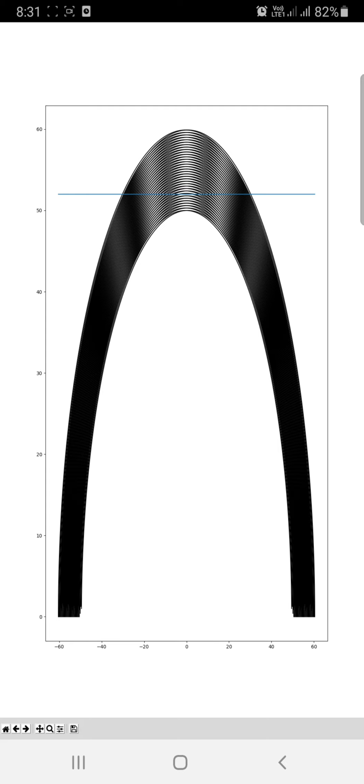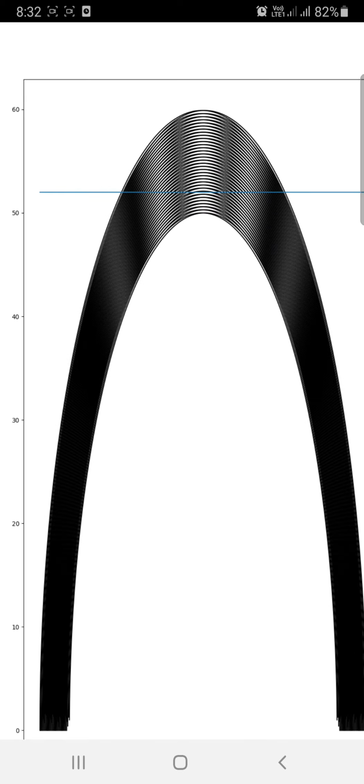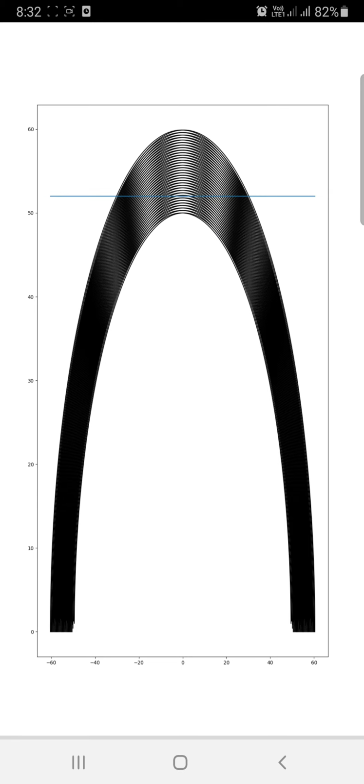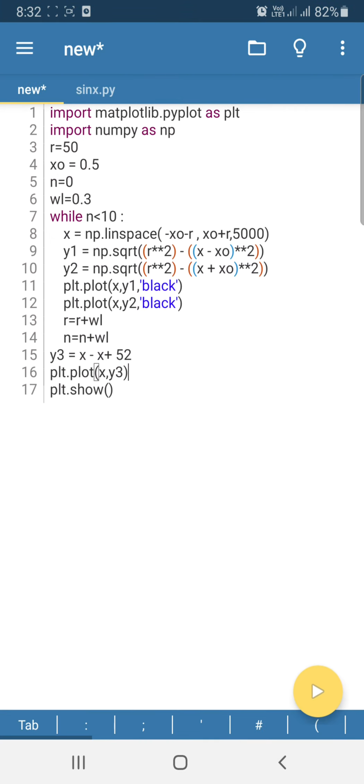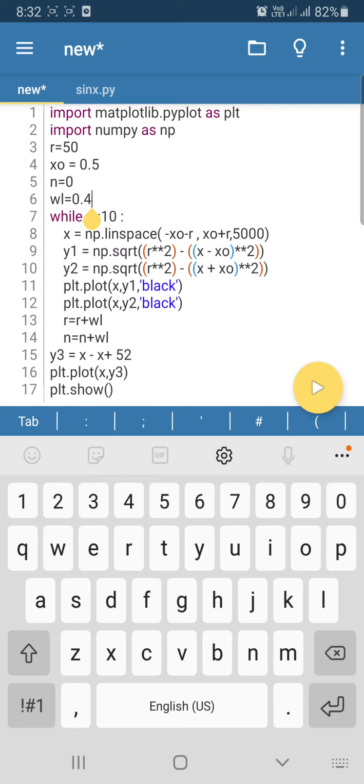As you can see, this is an interference pattern, and the fringes or the bands, whatever they're called, are very far away, right? They are spaced apart. What happens if I try to change the wavelength or the x naught value? Let's see. Let's change the wavelength first. If I increase the wavelength,